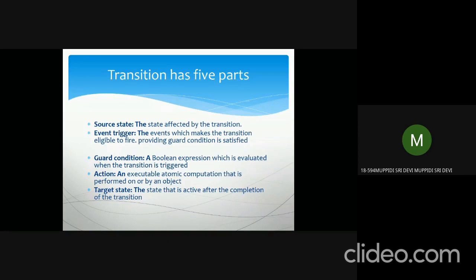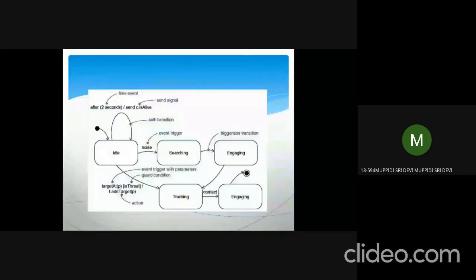So these are the 5 parts of a transition. The 5 parts of states are completed, the 5 parts of a transition are completed, and we have discussed some notations for the state chart diagram. The state machine is also completed. Now, this diagram is also not important, so I have changed it in the material. I have uploaded the material. Once you check the state machine, you will see this diagram is not important, so I am skipping this.